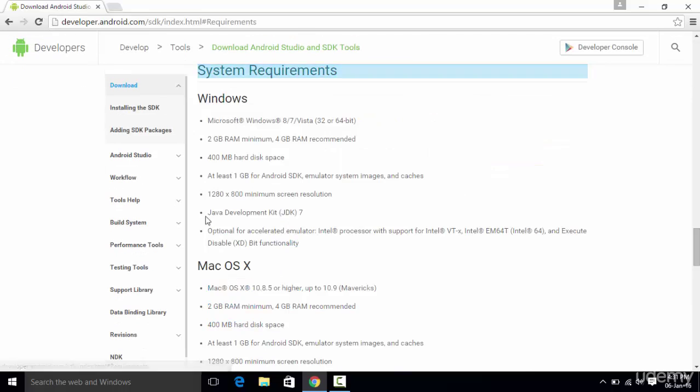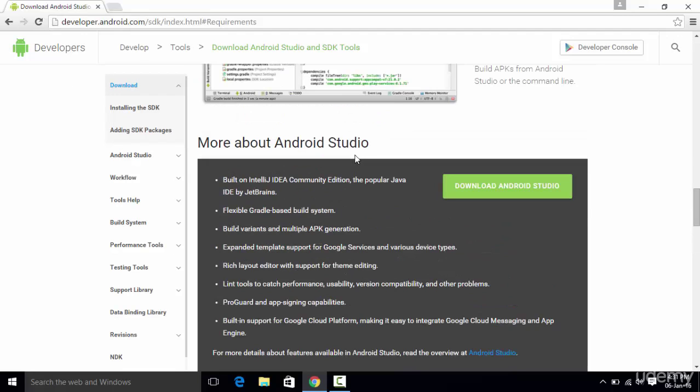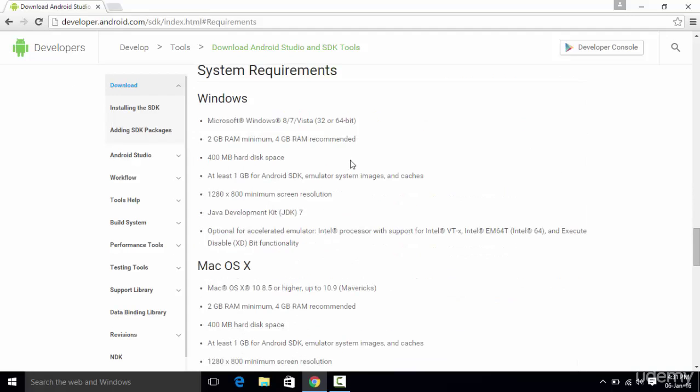So basically, before installing Android Studio, what I would like to recommend is you go and read the system requirements for Android Studio, and that is because Android Studio is a bit slow on computers which have low RAM. For example, the system requirements specified for Windows are that you should have 2 GB RAM minimum and 4 GB RAM is recommended. So if you have 4 GB RAM, you don't need to worry, but if you have 2 GB RAM,